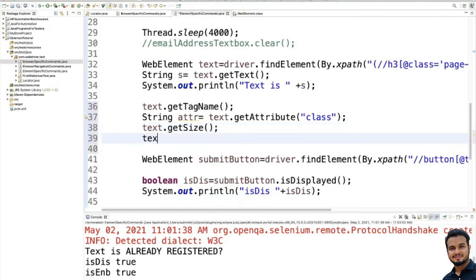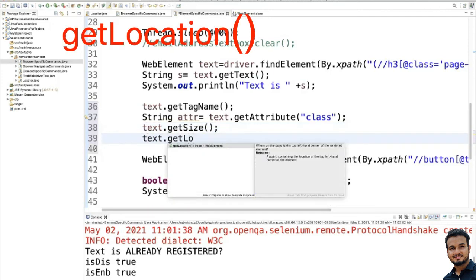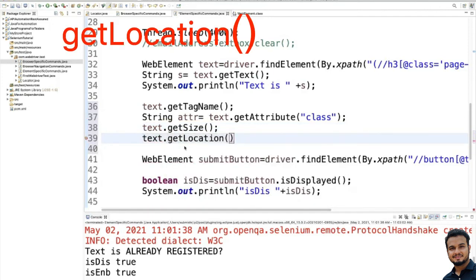If I write text.getLocation, this method gets the location of the element on the page. It accepts nothing as a parameter but returns the Point object, from which we can get the x and y coordinates of a specific element. So that's all about element-specific commands.